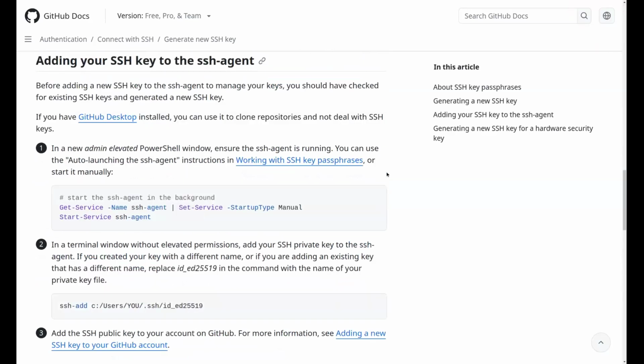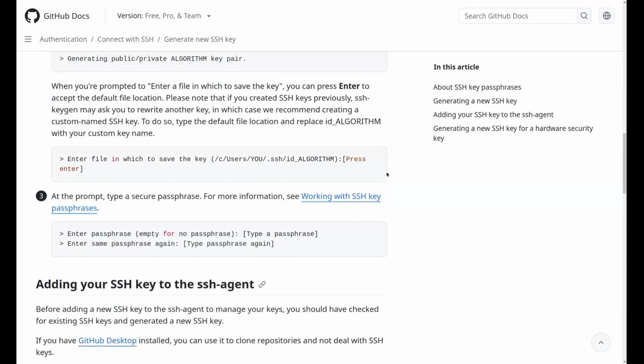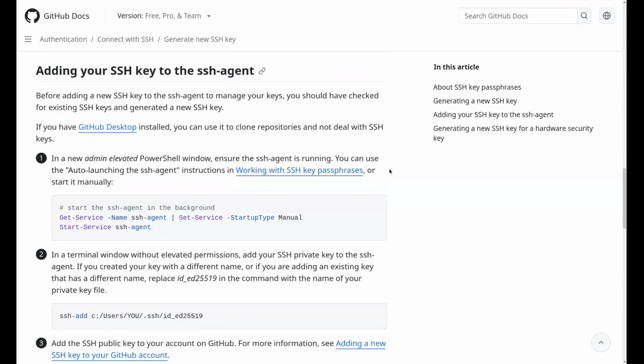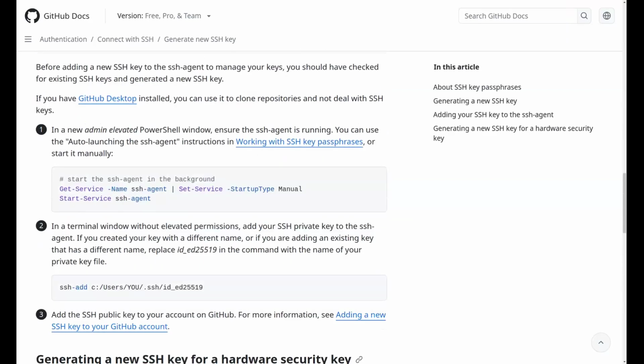Once you run that, you're gonna get an agent PID, that's a process ID. So that means the SSH agent is running right now. And after that, where's the chat? Yeah, it looks like GitHub just has you go at it from a different angle, which I think is weird. It almost makes it more complicated by doing it their way.